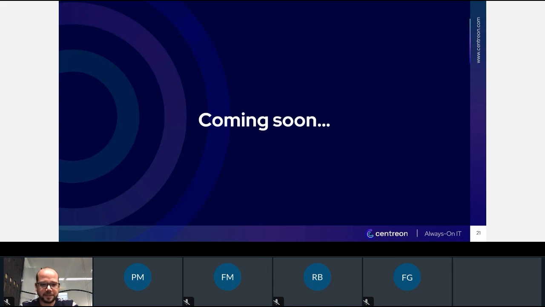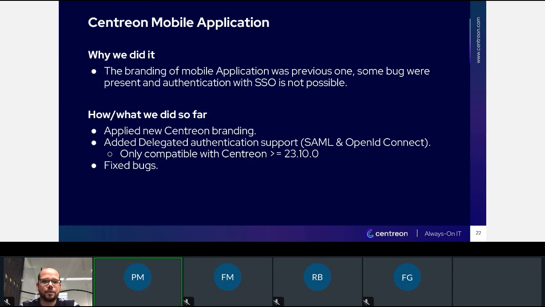Perfect. Okay. So what is coming soon? Coming soon. We released 23.10 of Centreon, and we will release a new version of our mobile application. The mobile application is available on mobile.centreon.com. So what we did, of course, we applied the new branding of Centreon, but we also offer the possibility to use